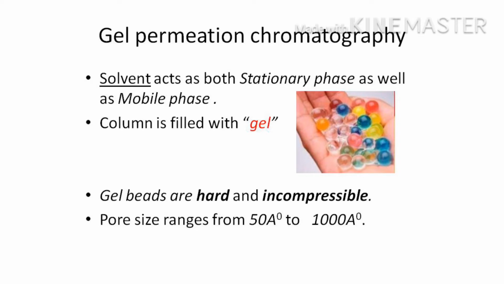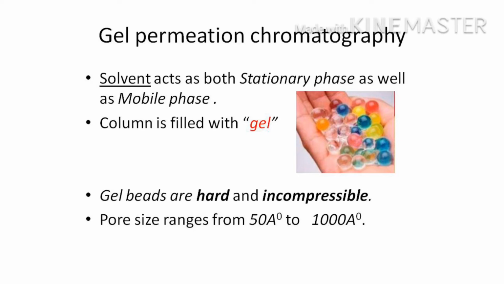We know that in any column chromatographic process there will be two phases, that is mobile phase and stationary phase, and the solute travels inside the column from one end to another. It will transfer between these two phases. In solid liquid chromatography, the stationary phase is usually solid and the mobile phase is liquid, whereas in liquid chromatography both phases are liquid but both being immiscible with each other. But here in GPC, a single liquid, that is the solvent itself, acts as both stationary as well as the